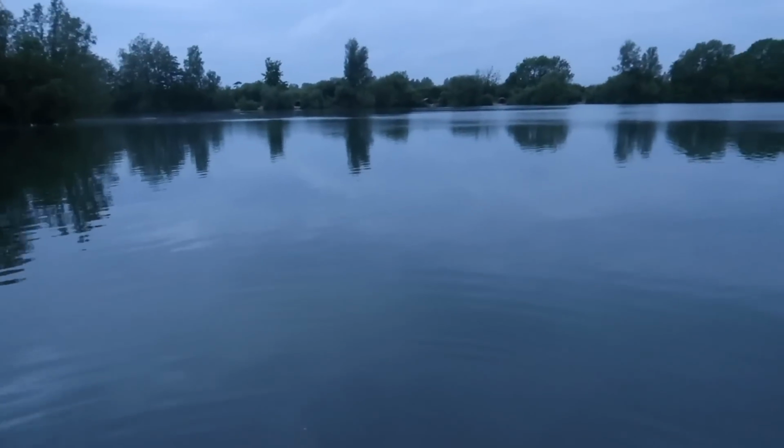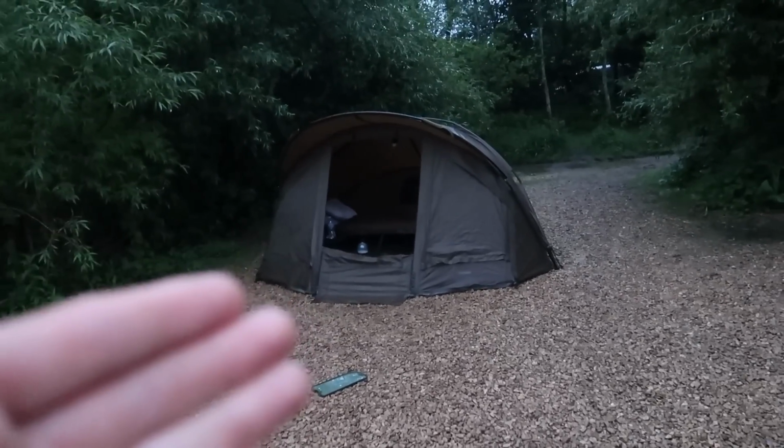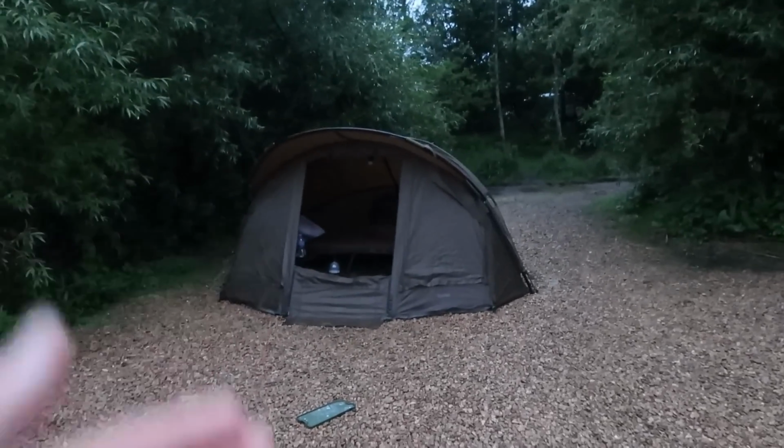Nice. Probably go about 24, I reckon, 25, but so like I say, last night I was packing up. I've literally got a bed, a bivvy, my rods, my net, and then I've got my cradle and that under the bed over there, which I'll have to get out now. I just kept it dry because it was raining last night, but